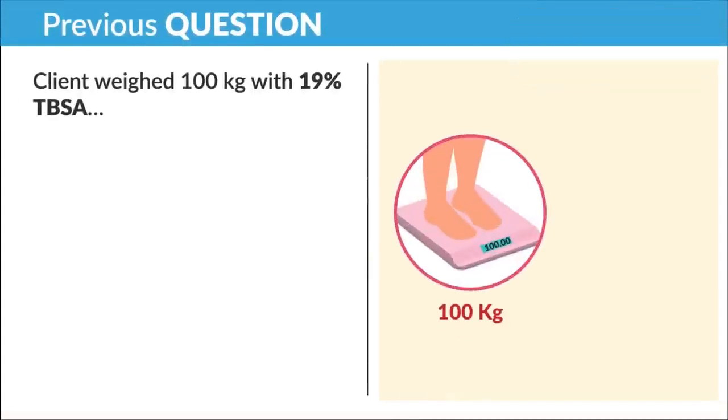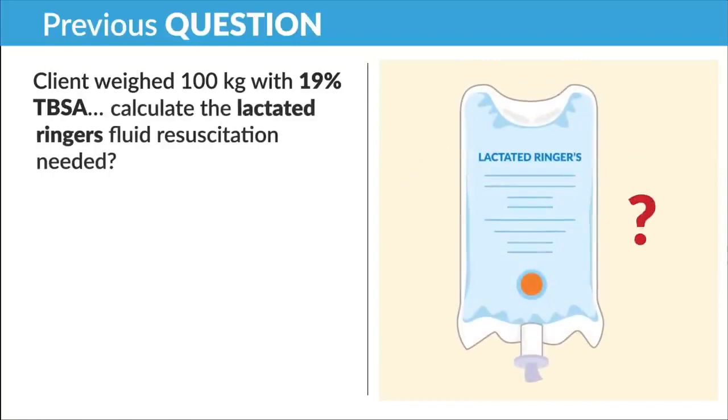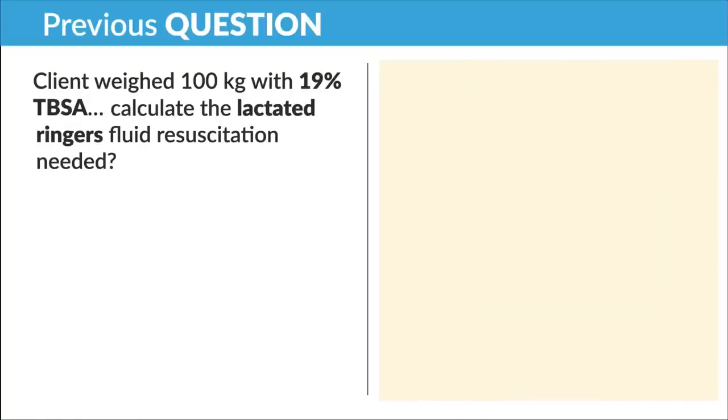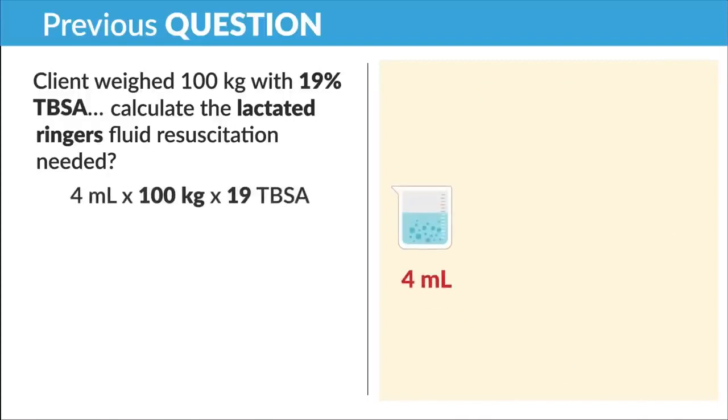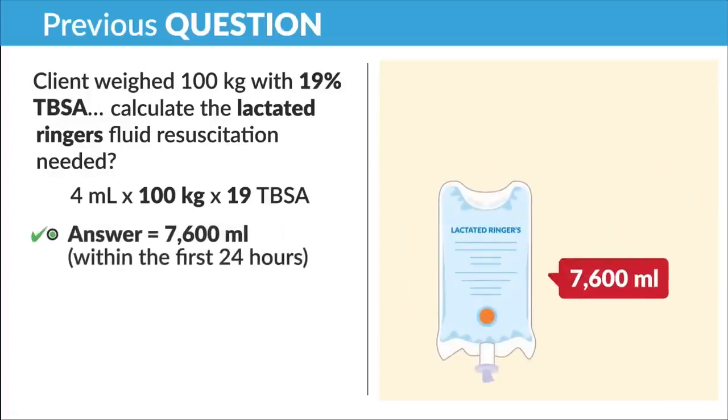Taking from our previous question, let's say the client weighed about 100 kilograms with that 19% total body surface area affected. Now we're calculating the lactated ringer fluid resuscitation needed. So using the formula, we're taking 4 mLs times 100 kilograms, let's just say, and from the previous question, 19% total body surface area. You take those bad boys, multiply them together, and the answer is 7,600 milliliters within the